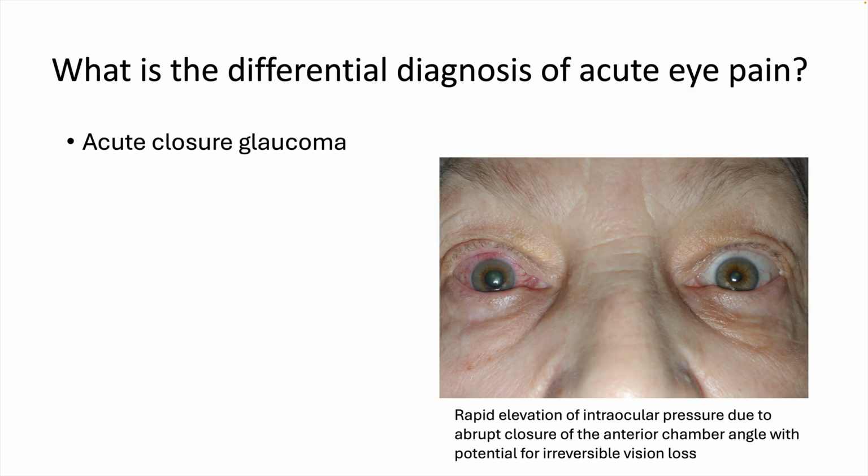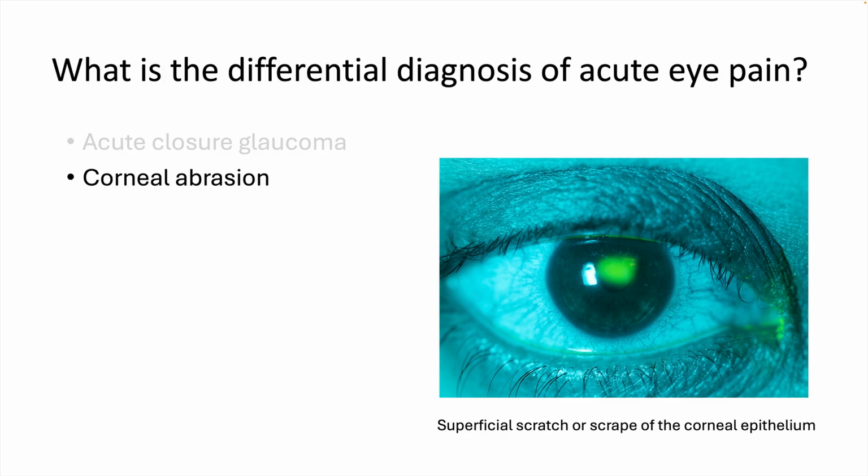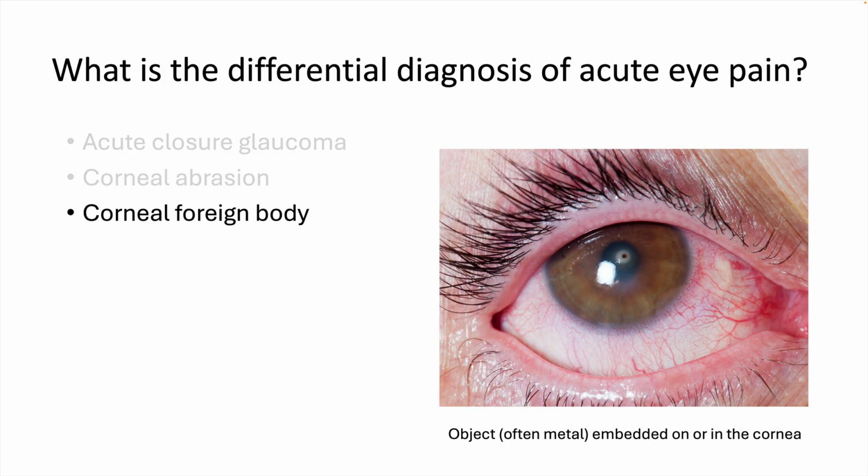This patient has acute angle closure glaucoma, which is defined as a rapid elevation of intraocular pressure due to abrupt closure of the anterior chamber angle, with potential for irreversible vision loss if not treated immediately. A corneal abrasion is defined as a superficial scratch or scrape of the corneal epithelium. This patient has a corneal foreign body, which is defined as an object, frequently metal, embedded on or in the